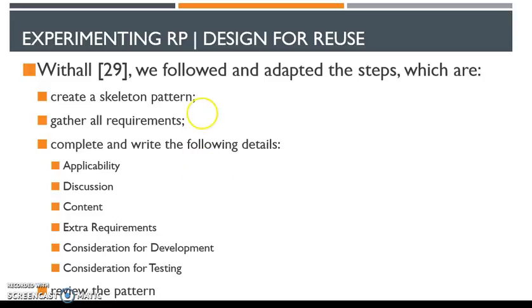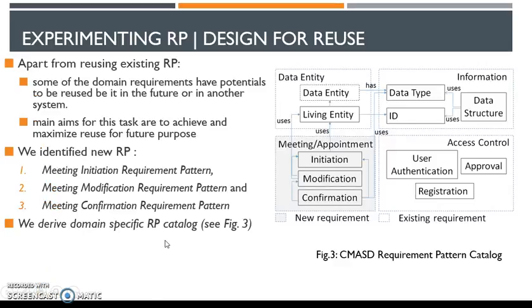WTL suggested a few steps, and we followed and adapted them: creating a skeleton pattern, gathering all the requirements based on the domain analysis, and then documenting the requirements pattern in terms of applicability, discussion, content, extra requirements like non-functional requirements that are relevant to that particular requirement, consideration for development, and consideration for testing. After that, we review the pattern. So based on our domain,